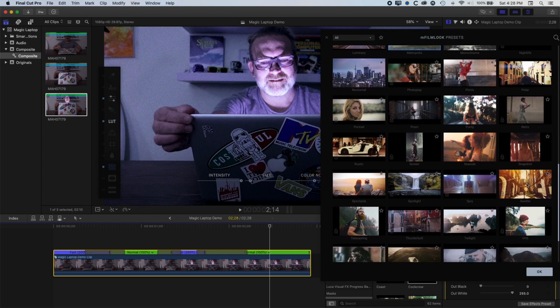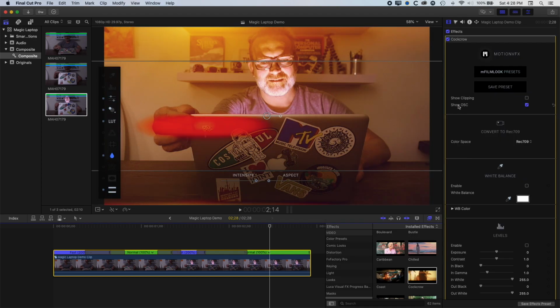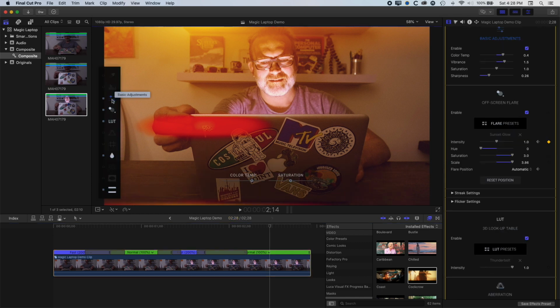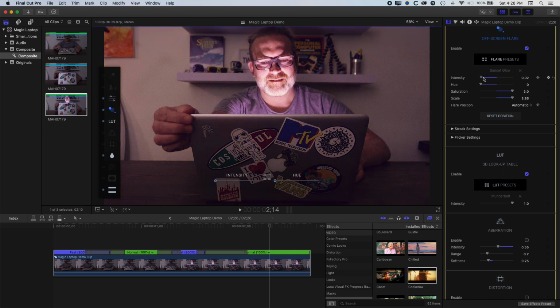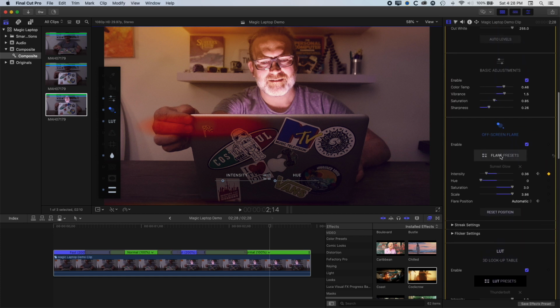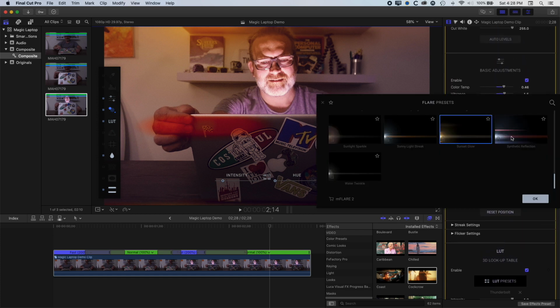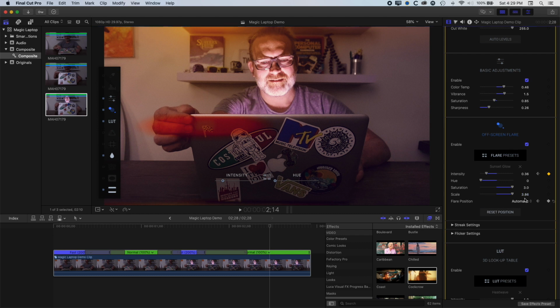So let's try swelter. So we'll just close this. So you can see here with the swelter LUT, we've got some different options there. We've got color temperature, which we can change. We've got saturation, which we can change. And then we also have some of these flares on here as well, which we can modify the intensity of. And basically we've got this sunset glow flare on here at the moment. So there's a series of different flare presets too, which we can choose to match what we're working on here. So I will keep the sunset glow there actually,